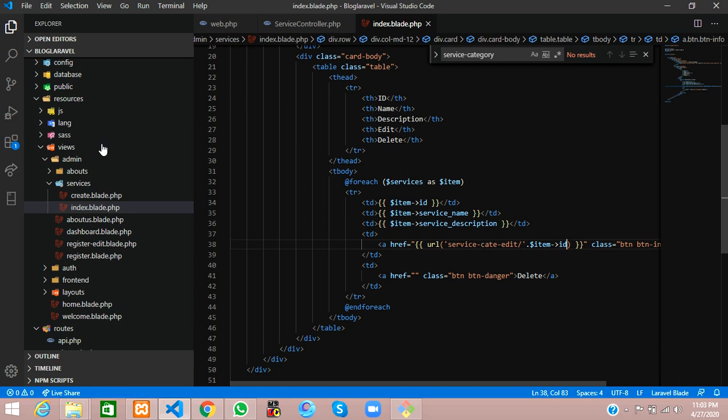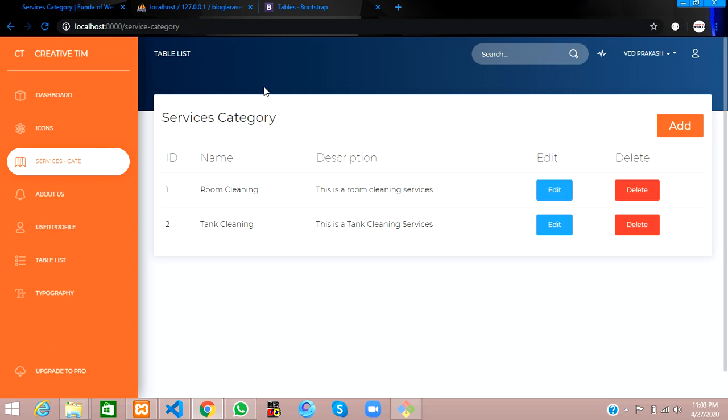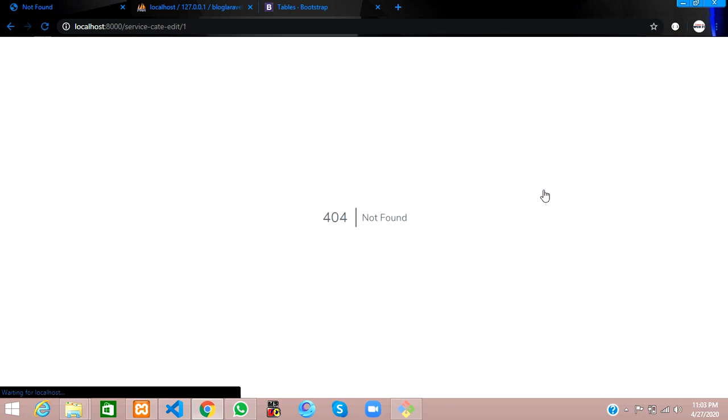Done. Save it and let us see that it's clicking correctly. Let's save it, go back and reload. After reloading, yes guys, let me click on edit, and we are redirected to this.